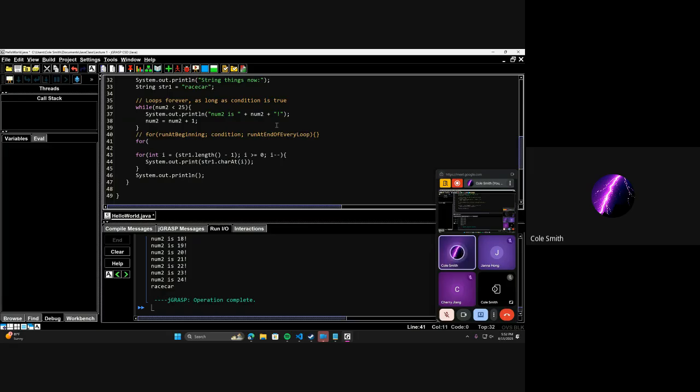So very often you're going to see something like for (int i = 0; i < str1.length(); i++), which we already discussed is the same as saying i += 1. That's a multi-line comment, you can ignore that. But what this means is